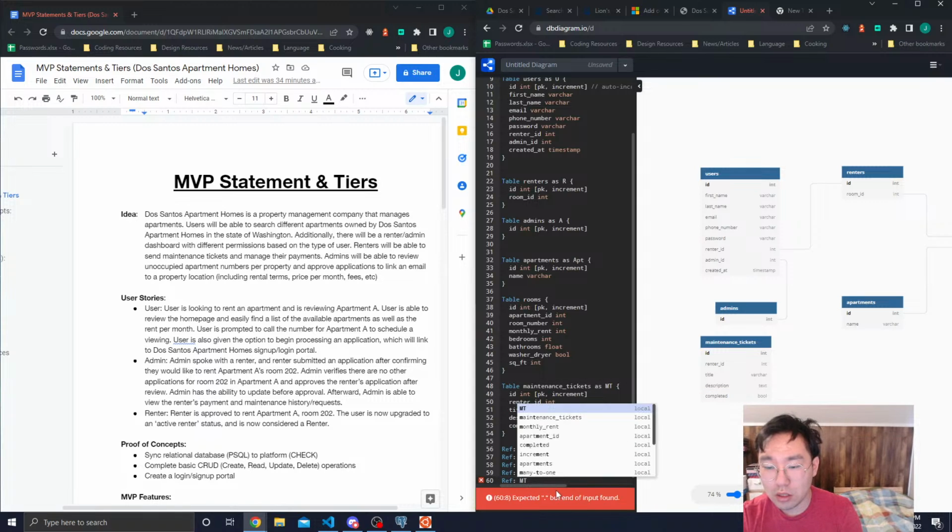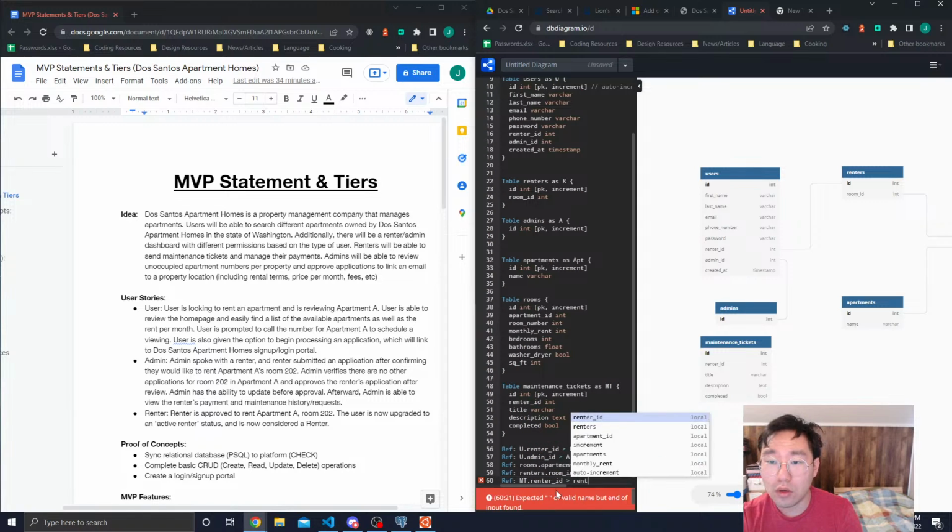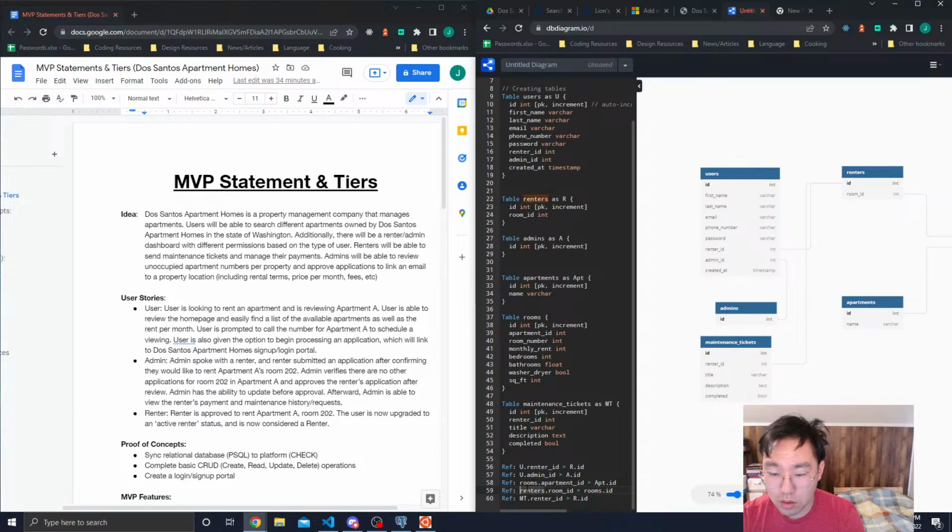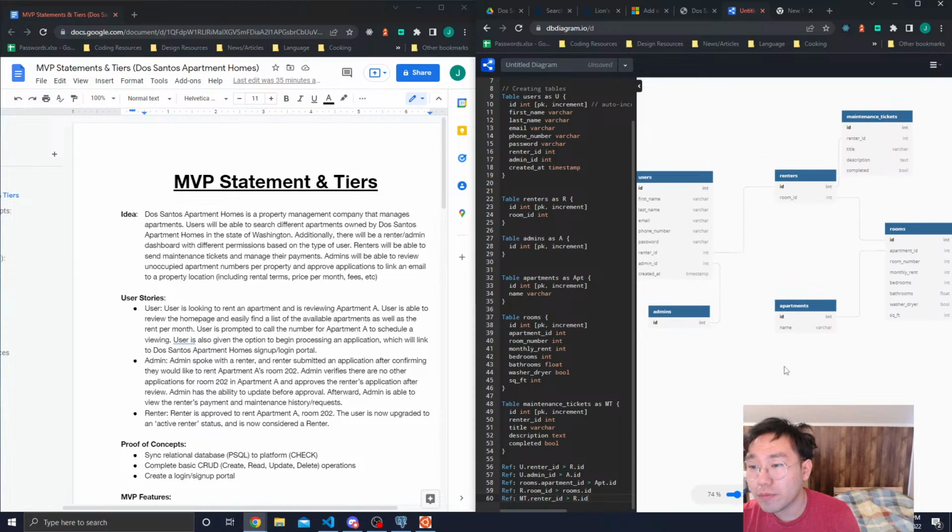Okay, maintenance ticket dot renter ID is a reference to renters.id. So now renters can have maintenance tickets,